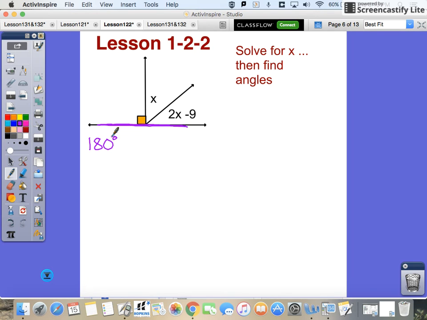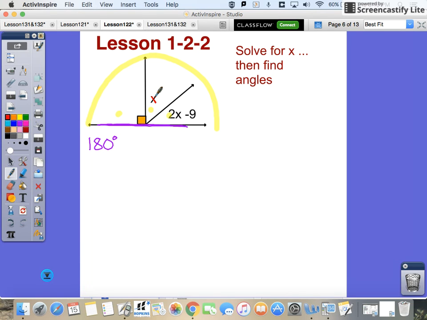Now in this one, one way I tried to describe it to the class was if I were to close this off and make this like a half of a pizza, there's basically 1, 2, 3 slices here. So those 3 slices or those 3 pieces need to add to 180 degrees. So we know that,